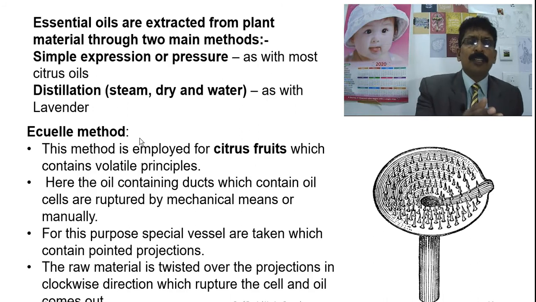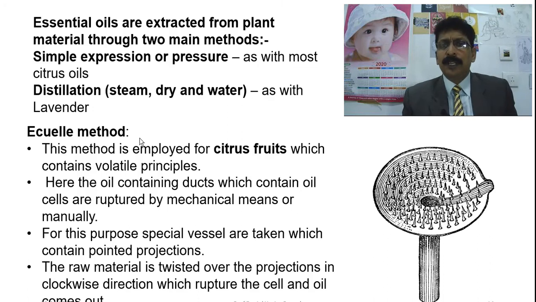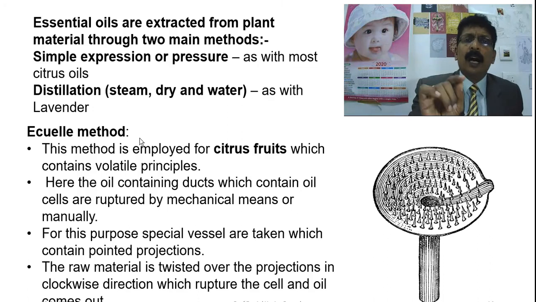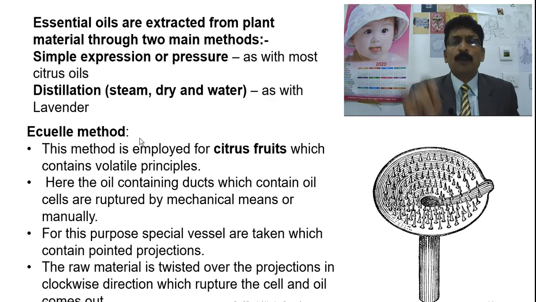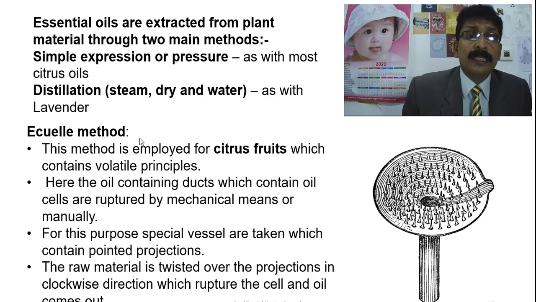First we are going to see the simple expression method, which can be called the Écuelle method. Écuelle, the 'ue' is silent. This method is employed for citrus fruit which contain volatile principle. Here the volatile oil containing ducts, which contain oil cells,